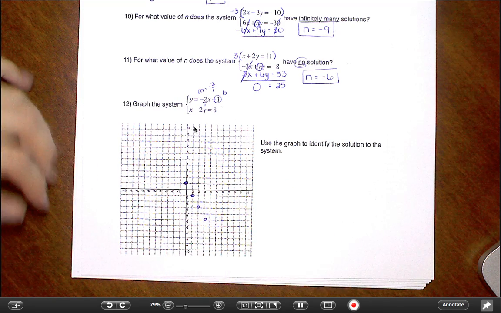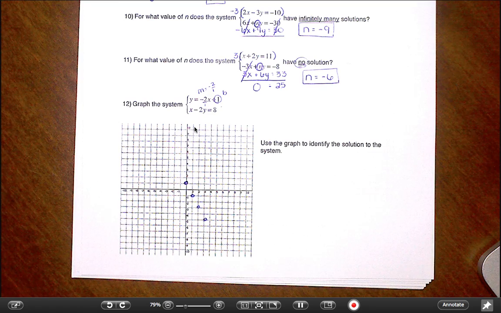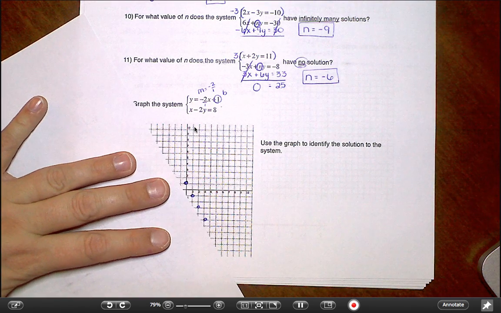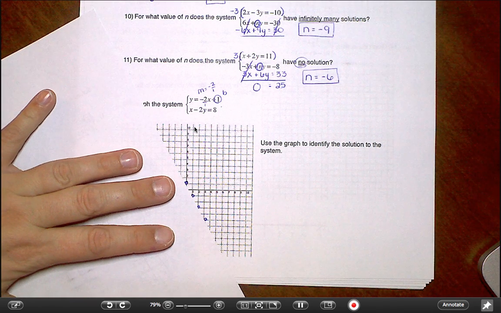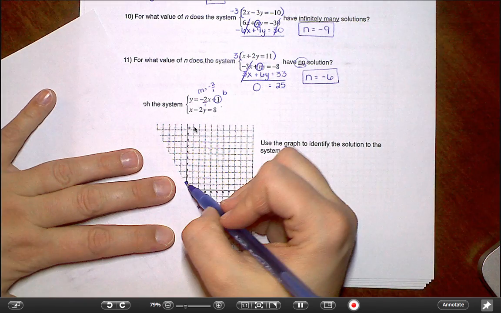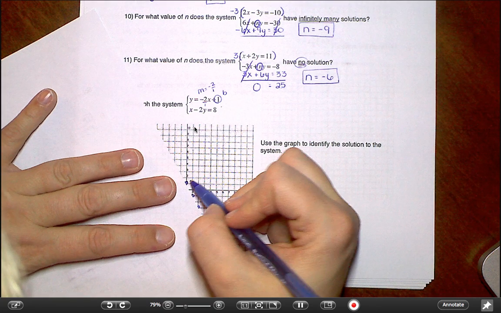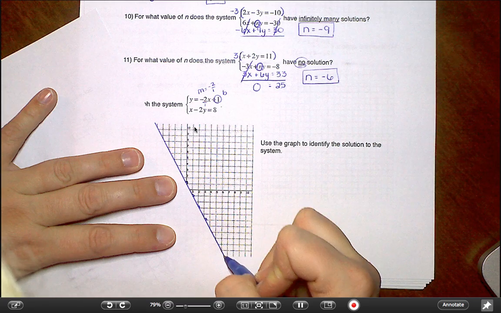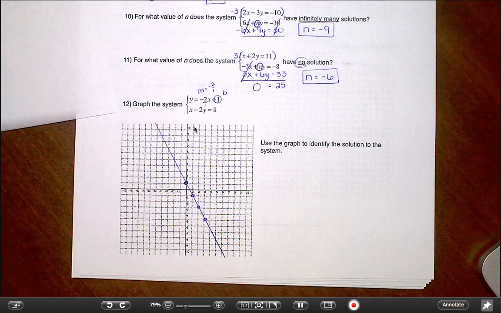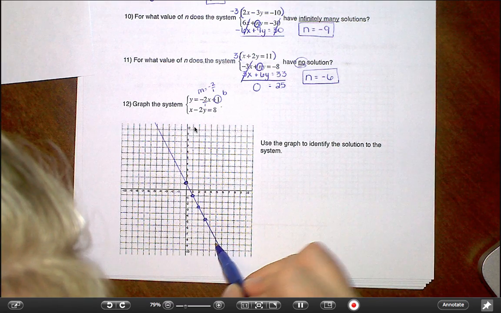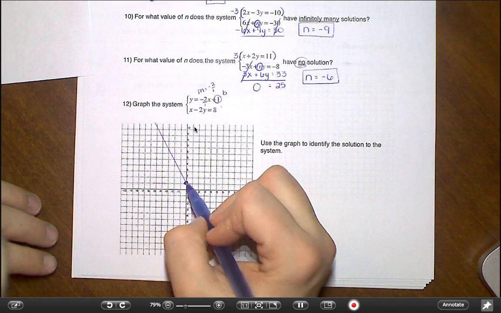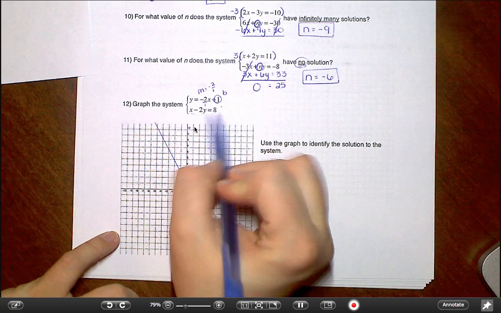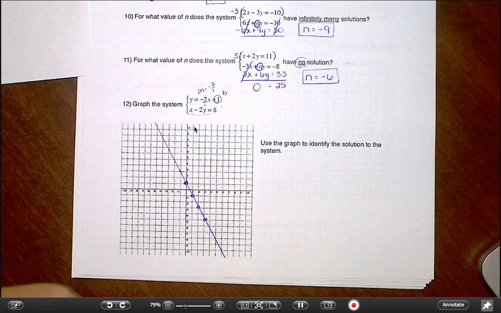And with these, sometimes it is easier if you have a straight edge of some kind. Just getting it lined up here. I think that's going to be pretty close. I'm a little bit off, but that's okay. Now, to graph something like this, x minus 2y equals 8,